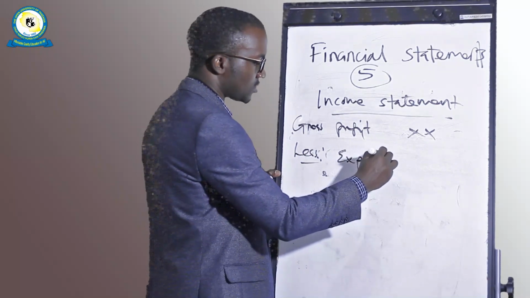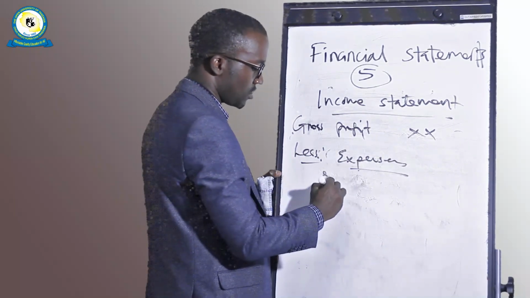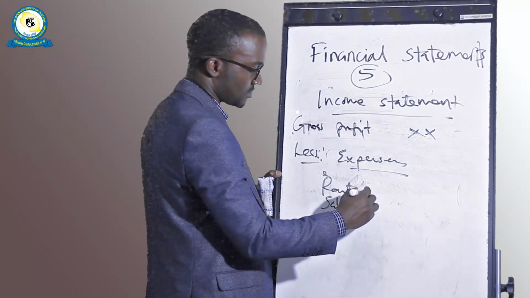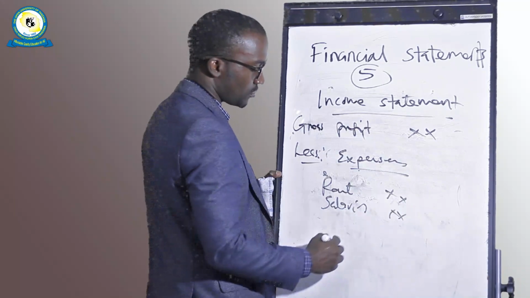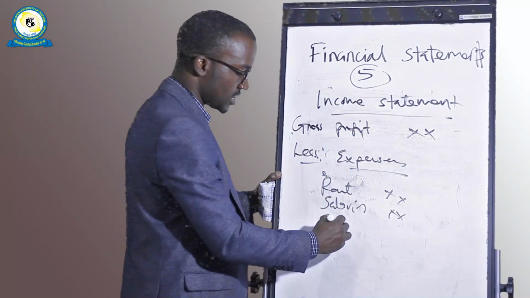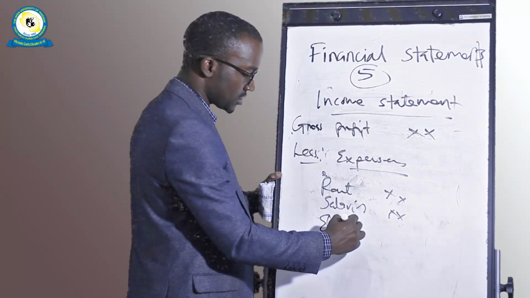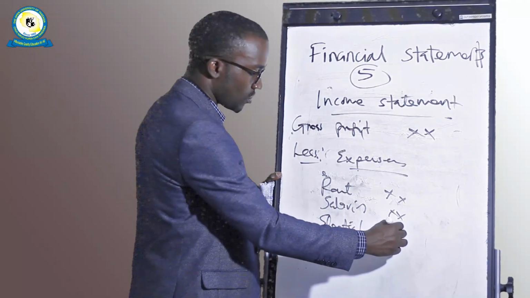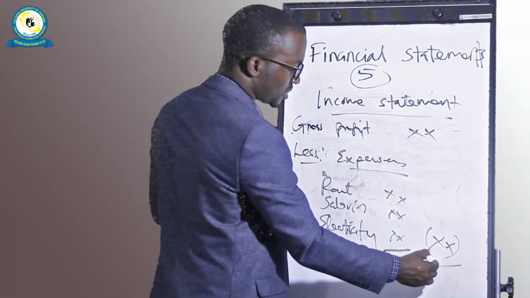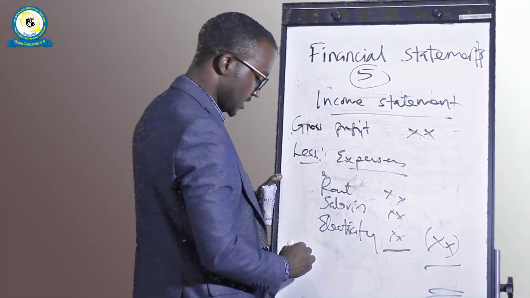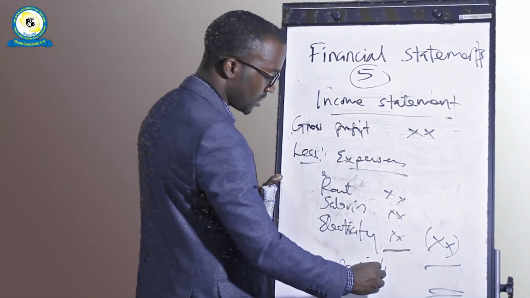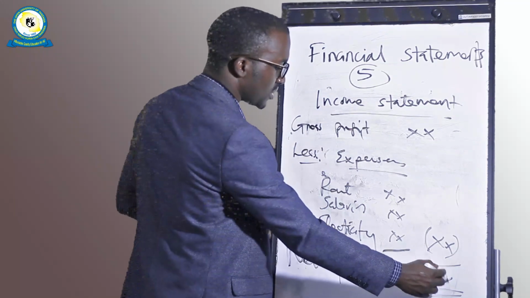You're going to less operational expenses. For example, expenses like rent, or if you're going to pay your salaries, or if you're going to be paying your bills, for example, the bills for electricity, utility bill, whatever operational expenses. If you less these operational expenses from the gross profit, what you're going to get here is a net profit if this figure is going to be positive,